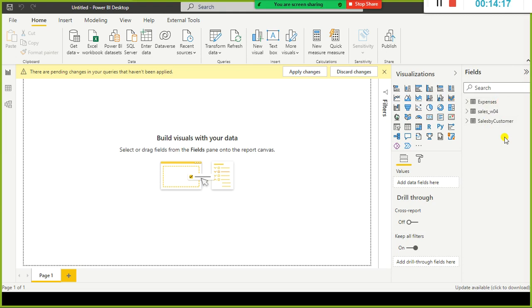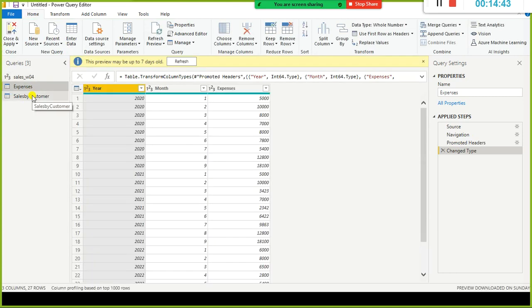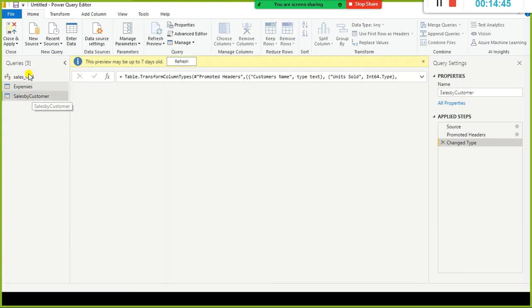But once you load it into Power BI Desktop, it considers all of them as a table. So you can see the table icon here. If I open the query editor, all these tables are considered as queries in the Power Query editor, irrespective of the file or table that you use.